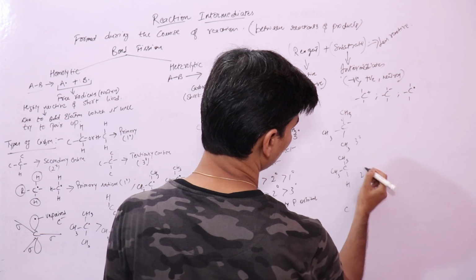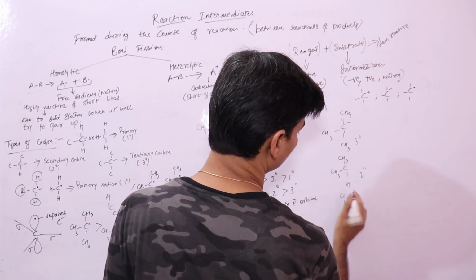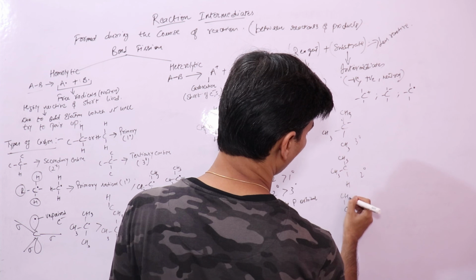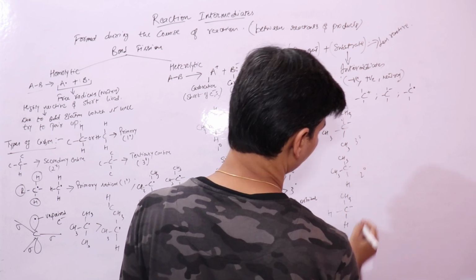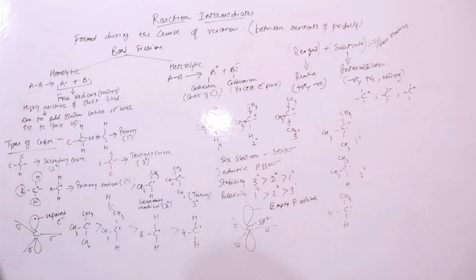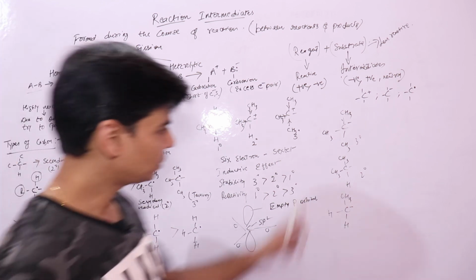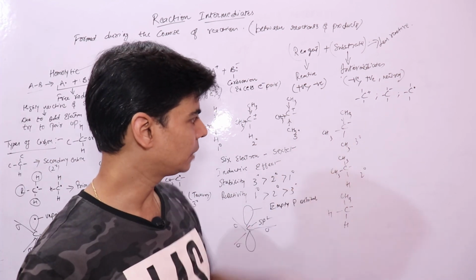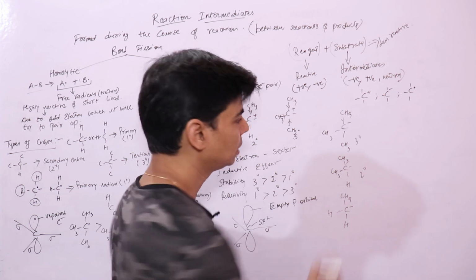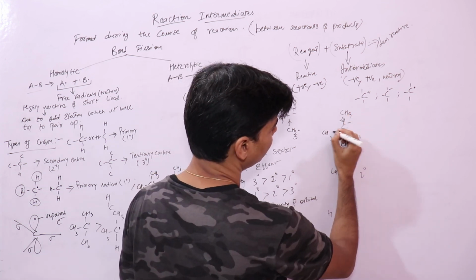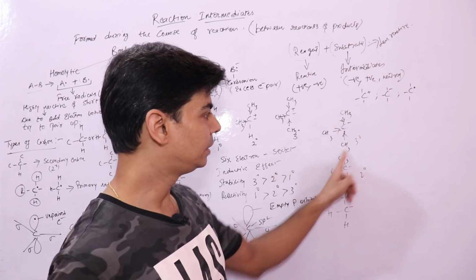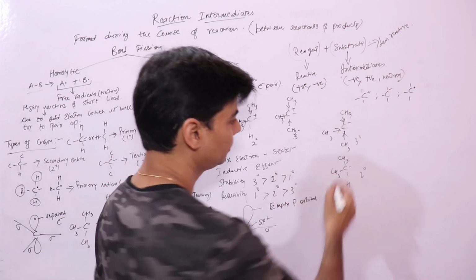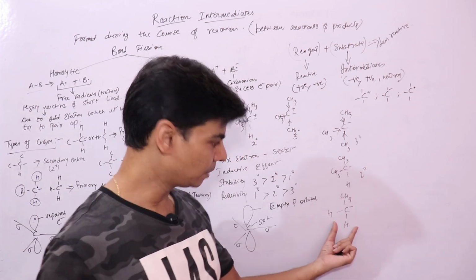This is your 3 degree, this is your 2 degree and this is your 1 degree which is connected to 1 or no carbanion, right? So if you try to understand its stability based on inductive effect, this is a negative charge, so more methyl groups will increase the negative charge on this carbon atom, right? That will decrease its stability, right? And here where you have minimum